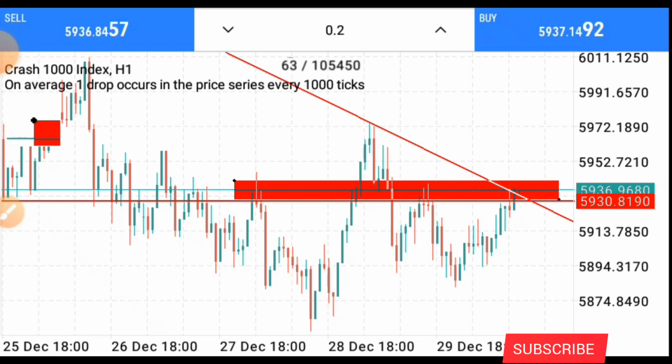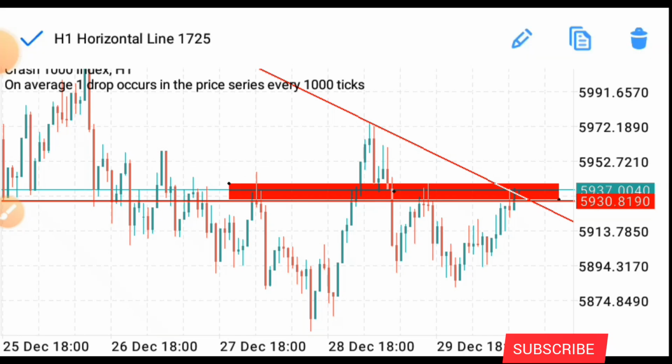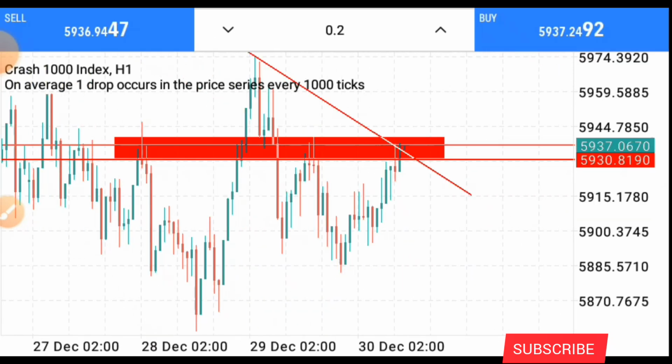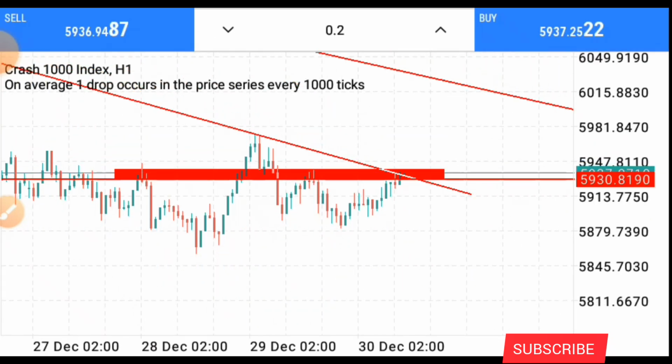You can see that price is still in this zone. So there's every possibility that a spike will come anytime soon, right? A spike might happen anytime soon, but if a spike did not happen, you guys should know, right? So from your